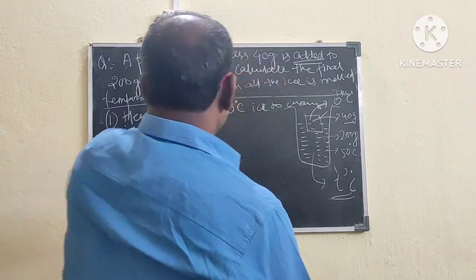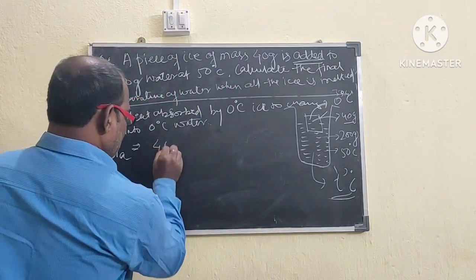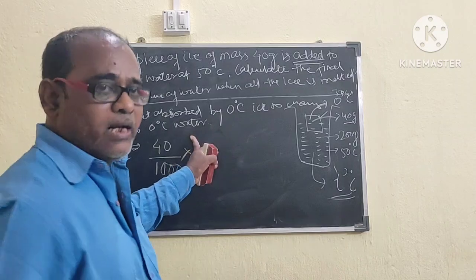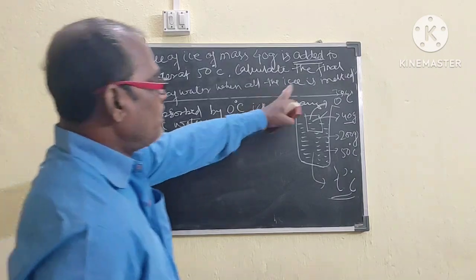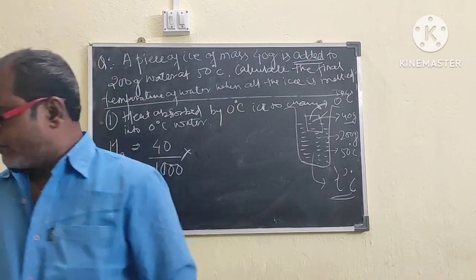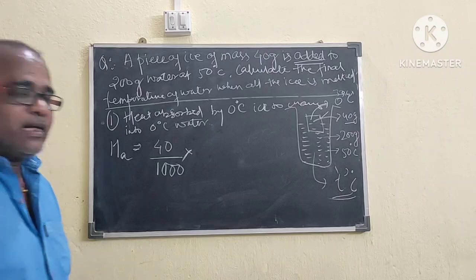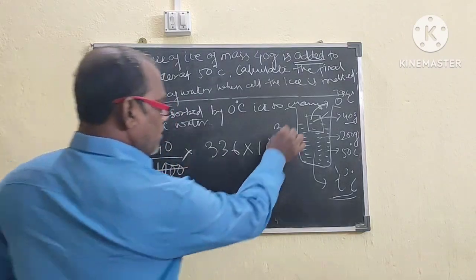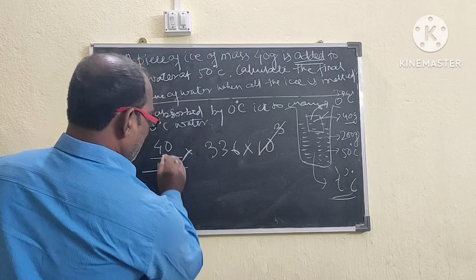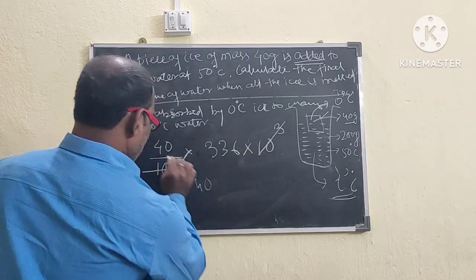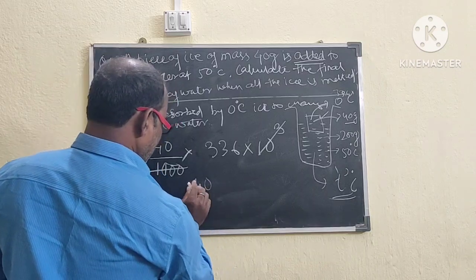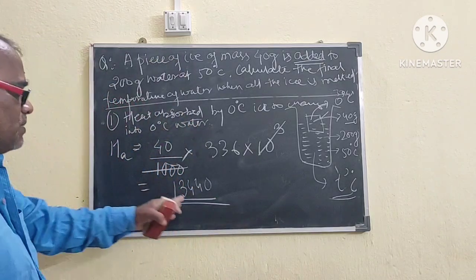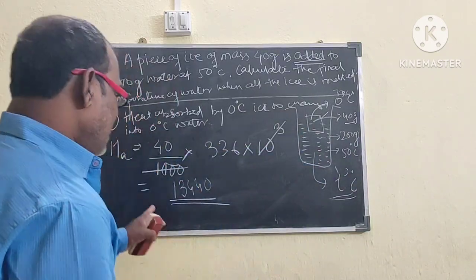तो पहले हम लिखेंगे हीट एब्जॉर्ब्ड इज इक्वल्स टू मास, यहाँ पर 40 ग्राम दिया हुआ है, तो 40 ग्राम को हम किलोग्राम में चेंज करेंगे। सो 40 बाई 1000 इंटू L। आपको पहले फॉर्मूला लिखना होगा, L यानी कि लैटेंट हीट ऑफ आइस का जो बनता है वो है आपका 336 आई थिंक। तो लैटेंट हीट है 336 इंटू 10 टू द पावर ऑफ 3। तो यहां से ये कट होता है, तो ये आपका बनता है 13440। सो इतना हीट एब्जॉर्ब कर रहा है 0 डिग्री वाटर आने के बाद।